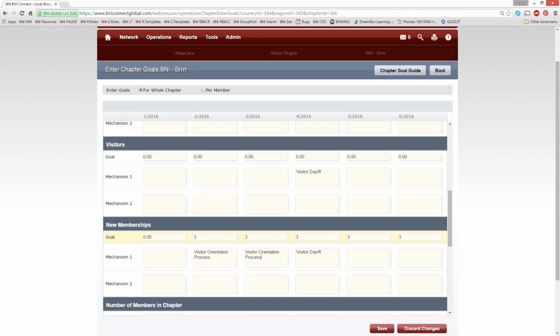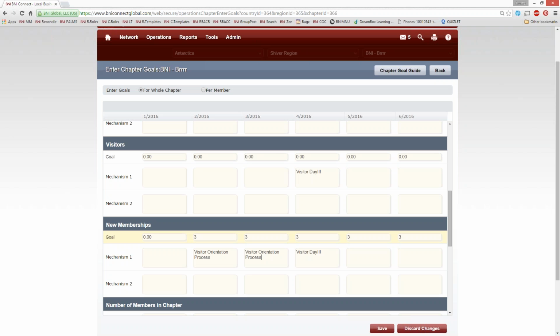If we had a 100% conversion rate, every single person that visited joined, then we would need basically 3 visitors per month in order to have them turn in 3 applications and be accepted. But the reality is that there are a number of people that apply that don't join or that aren't accepted. There's a bunch of people that visit that don't apply to the chapter. So